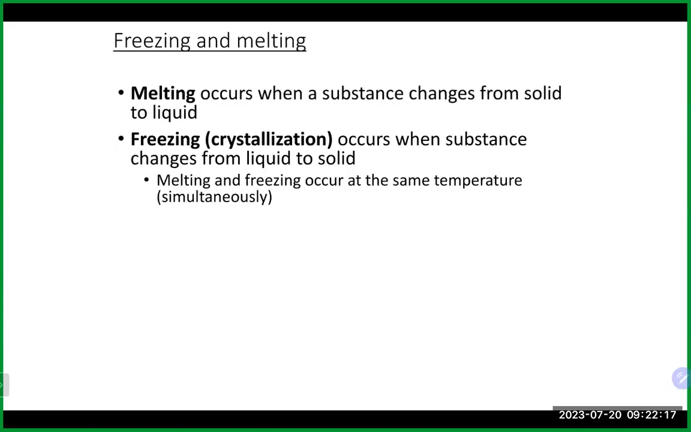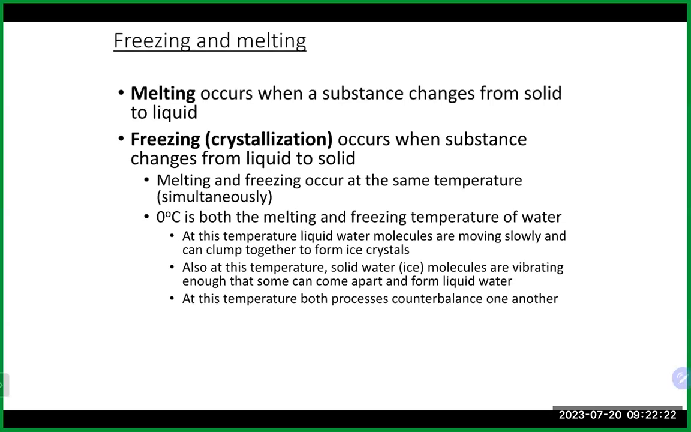Now, freezing and melting also is a phase change that occurs, and that is going from obviously solid to liquid, or liquid back to solid. That is the normal freezing point or melting point of a substance. This also occurs at the same temperature. So, for example, water, that is 0 degrees Celsius where that occurs. And